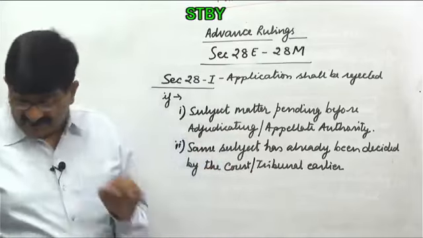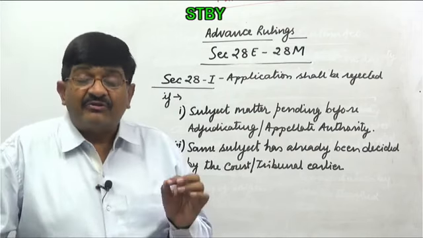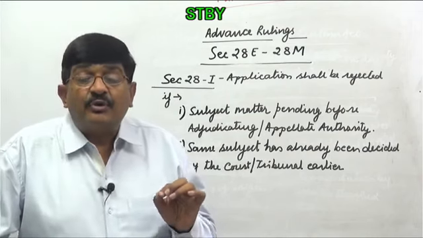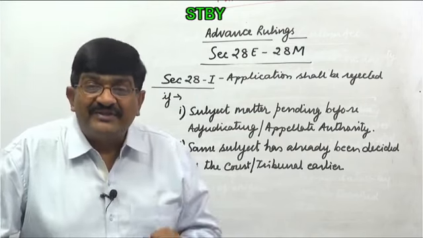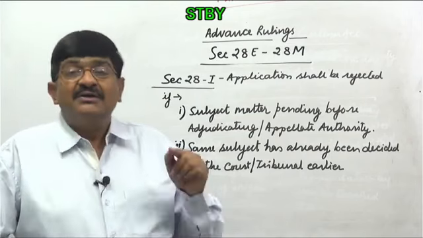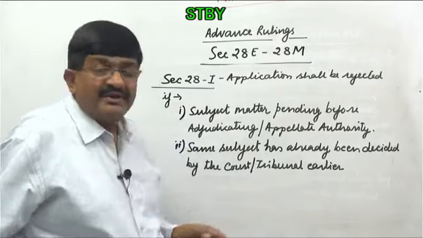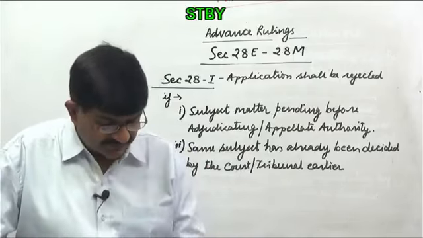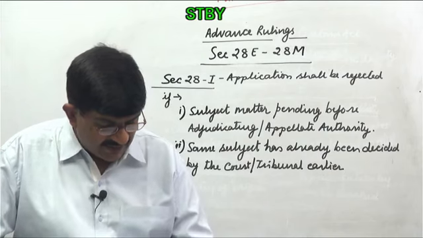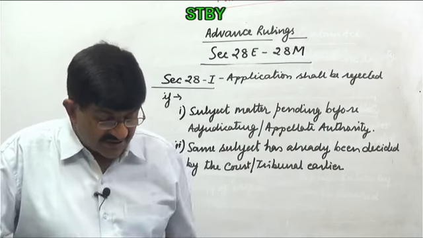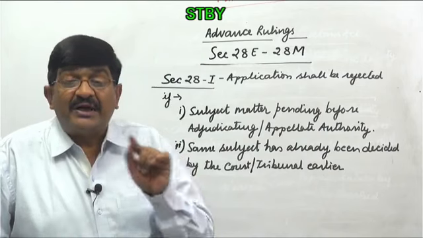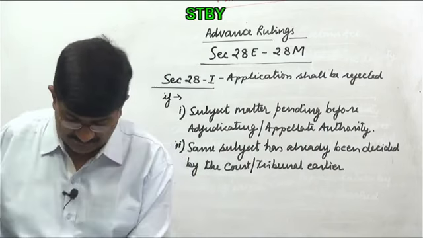That's why whenever the application is rejected, there has to be a written order, and the written order should specify the reason for rejection. Why written order? Because appeal is there. And if these are the subject matters, appeal will not be there. Then further, coming to subsection 6, they say the authority shall pronounce, underline the word shall pronounce,